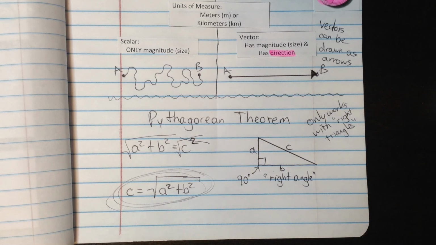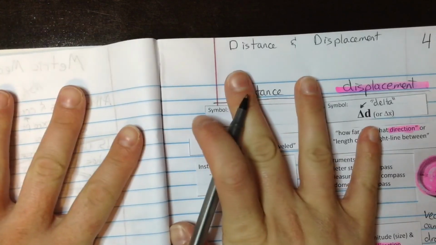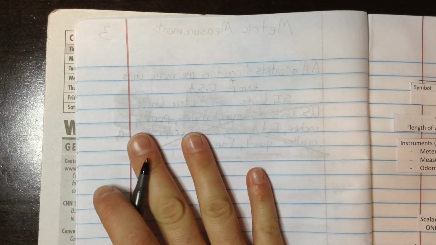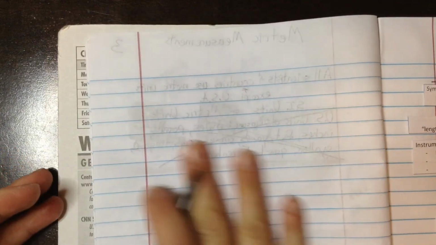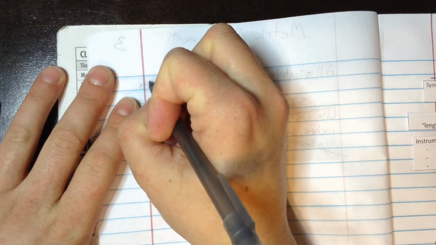Good introduction. And we're going to go to the OOPS page for some practice. Remember, do not turn the page, it's just the page right next to it. Right there we've been doing notes. Right here beside it, the back of metric measurement, you see the page there. We are going to do a little bit of practice, review, and look at examples. So right here on the left side, go ahead and write down